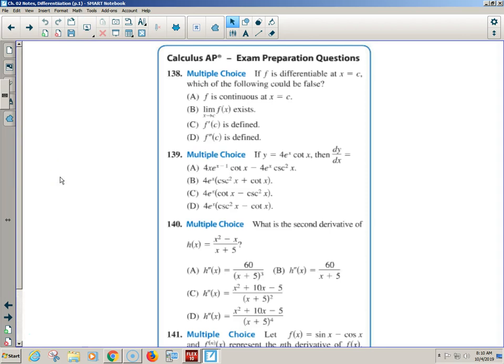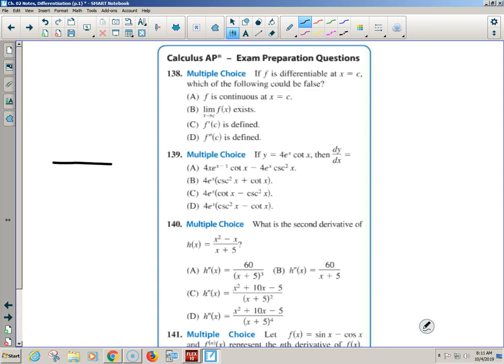What should be the nice basics question? Let's start with number 139. There are some concepty questions, those get tricky, so let's do the basics question. Number 139 says, can you find a derivative, right? Yes. And as soon as you read that function, you should have been reading the function and saying 4e to the x